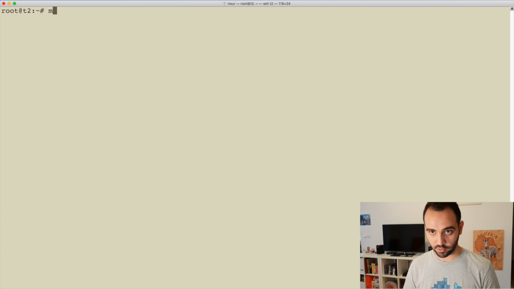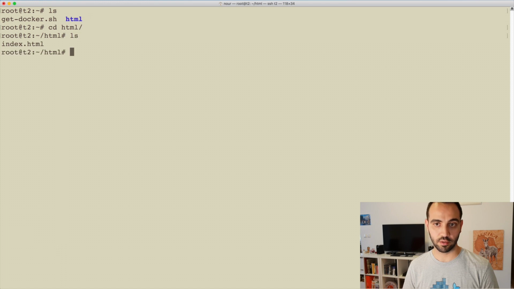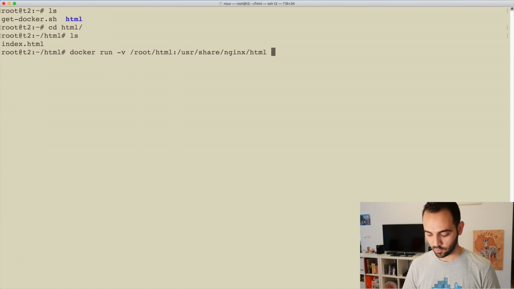I created a folder that's called HTML. Inside this folder, I created a simple index.html file. So if we go back, or basically we can stay here as well, docker run, we need to pass the option -v and the full path on the host. It will be root HTML, then colon, and then the full path on the container. We have to also not forget to publish the ports,